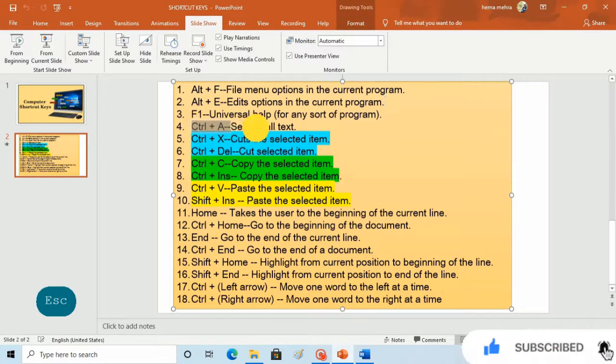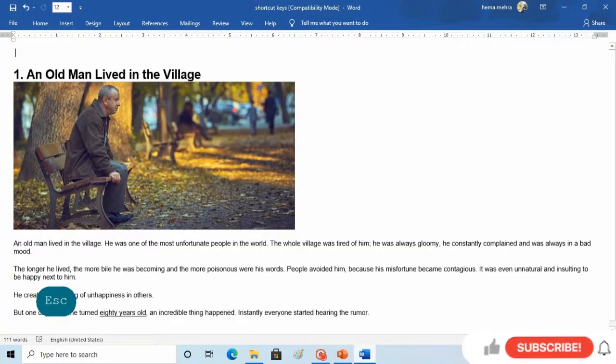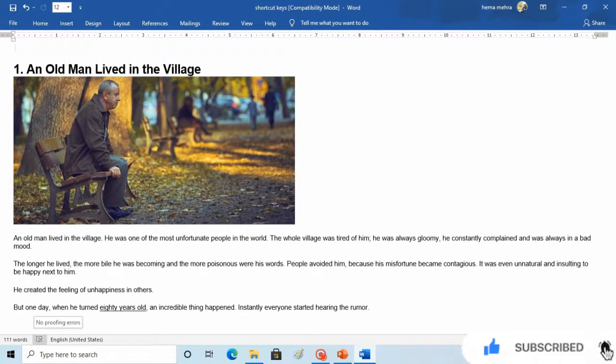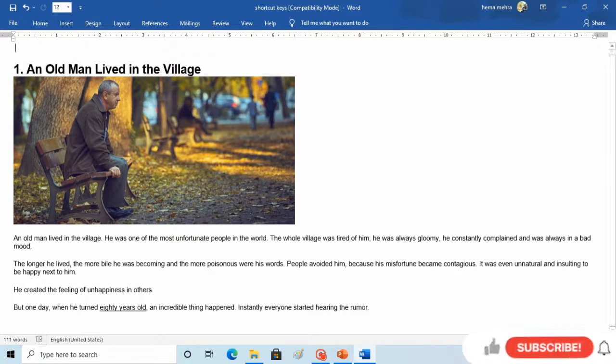Next is Control plus A. Now here I have created a short story, and this will tell you how to use shortcut keys for selection. Selecting means when we select something, then we are allowed to edit it or do formatting with that particular part of information. So this is MS Word, and here I have pasted one picture along with the text.